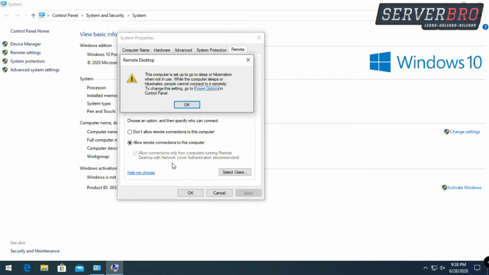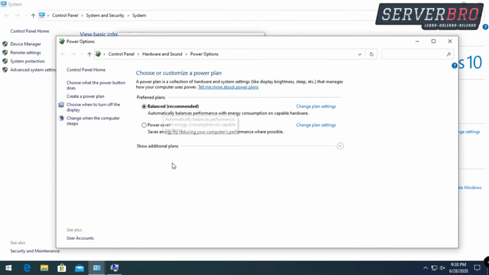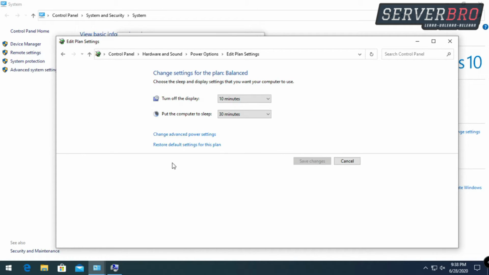In some cases you might get this pop-up. This is just a simple caution warning. If you have your power option configured to turn off your display or put your computer to sleep after a few minutes, you should change them, because if your computer goes to sleep, the remote desktop protocol won't work. So what we have to do is click on power options. As you can see, the preferred plan is balanced. You don't need to change your power plans. Whichever plan is selected, click on change plan settings, and here you can modify the settings